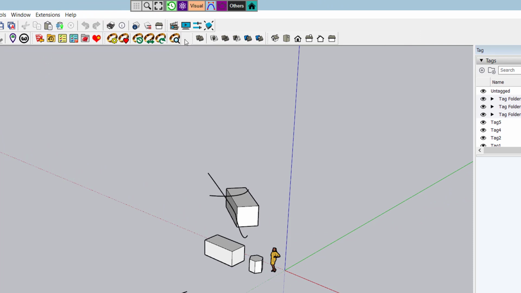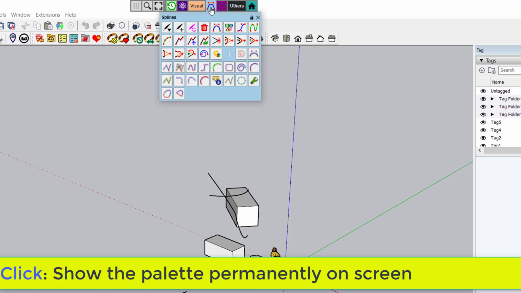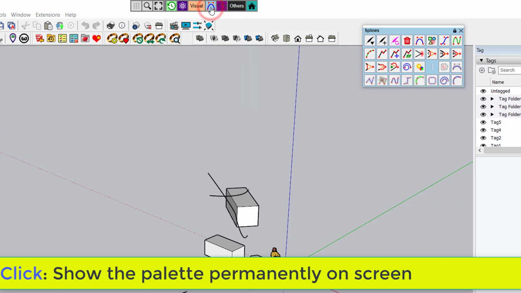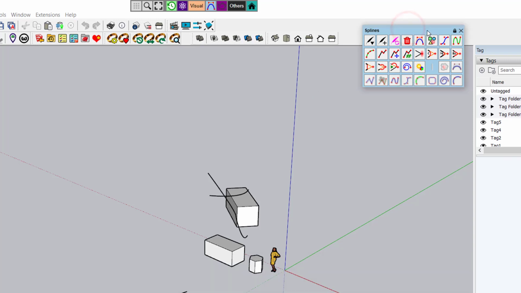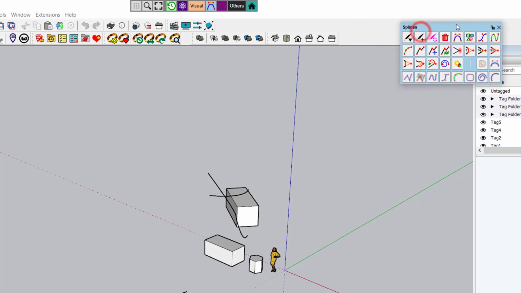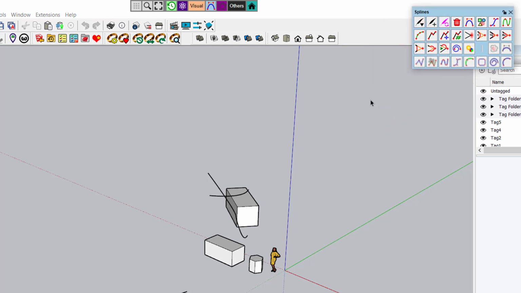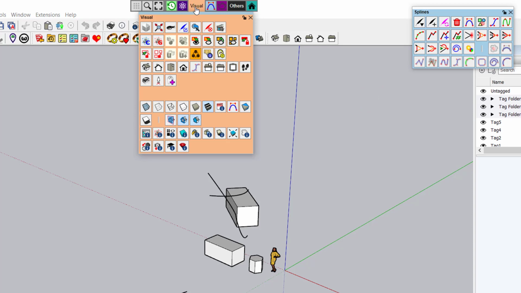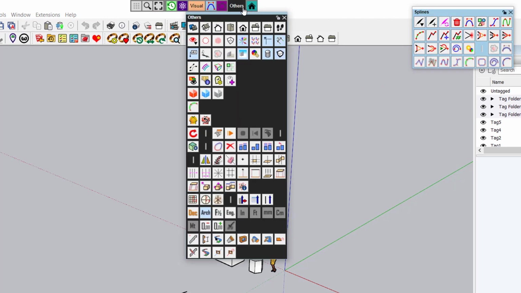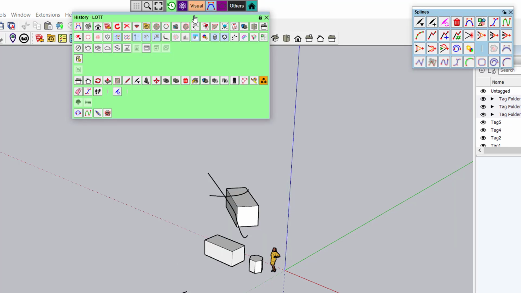In this mode, if you click on a vignette, you show the palette permanently. Okay, you can move it around, and you have then the palette, so you can put it where you want, but it is displayed permanently regardless of the over palette.